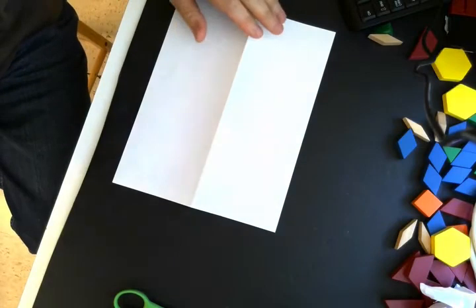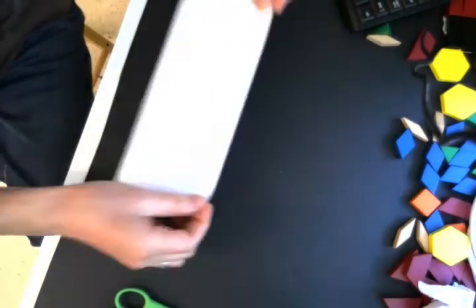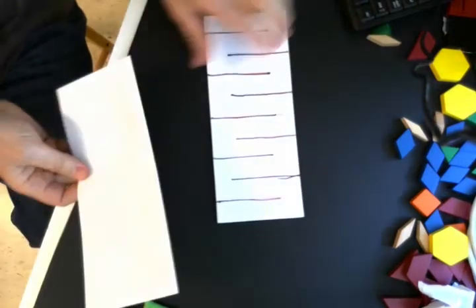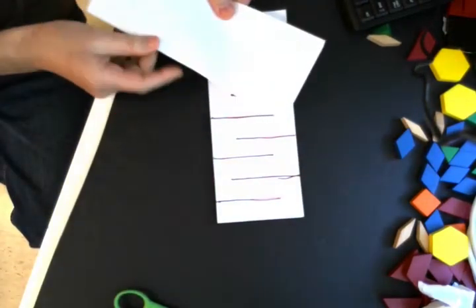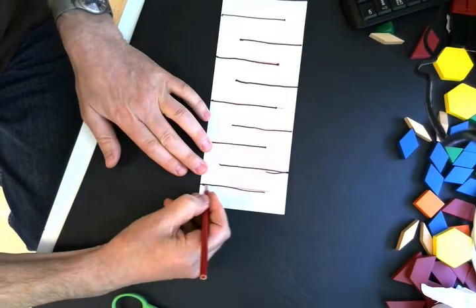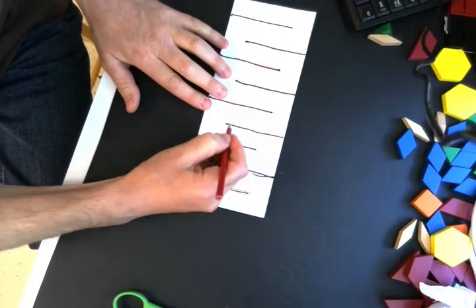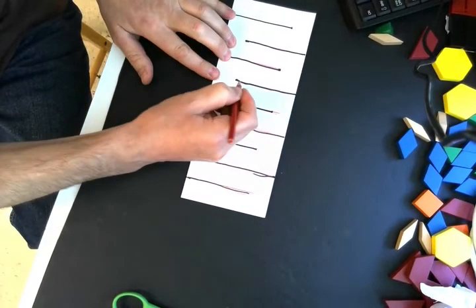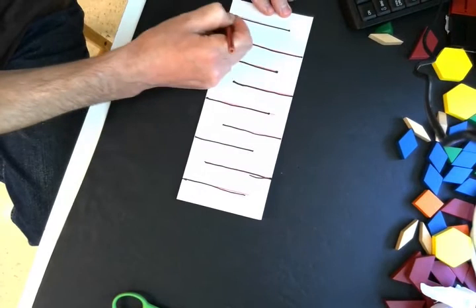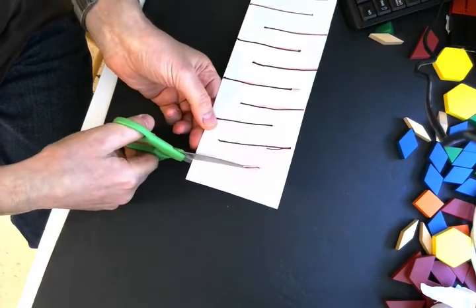So what we did was we took a single sheet of paper, folded it along the way, and then we marked some lines. So from the folded edge, we marked lines from the folded edge to the outside edge. And so they're not going all the way across, and we're just doing this so that we can see where we're going to cut. And so we cut first of all